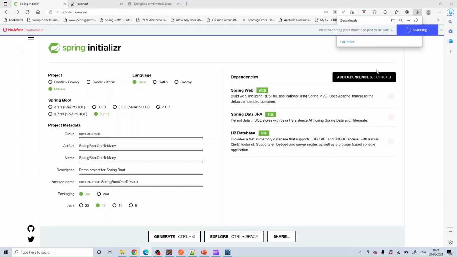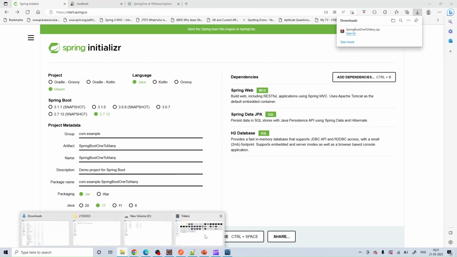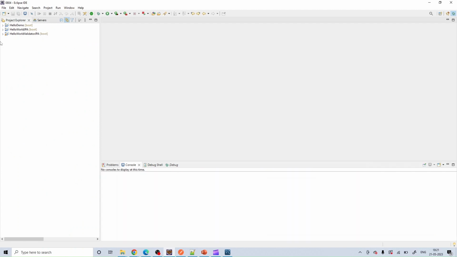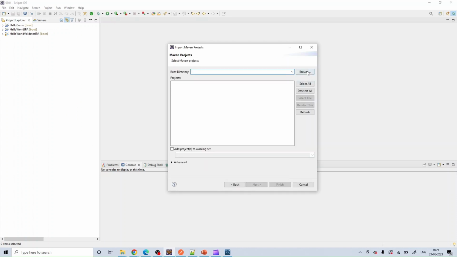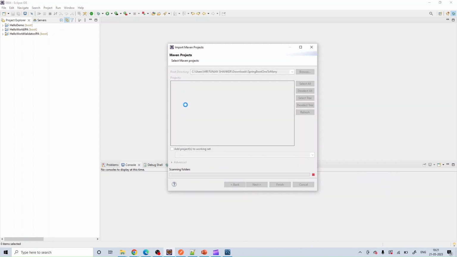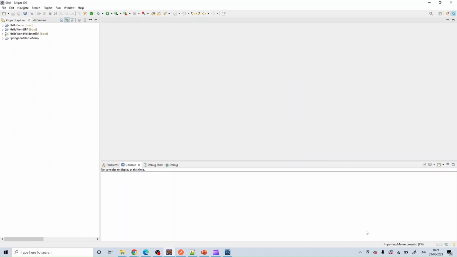So let's wait. I'll go to downloads folder and I'll extract this here. I will come back to Eclipse and I will import this project in my Eclipse. So I'll click on finish and this will import the project. Here you can see the progress in this Eclipse workspace. Now all the dependencies are being downloaded. I will open this project,